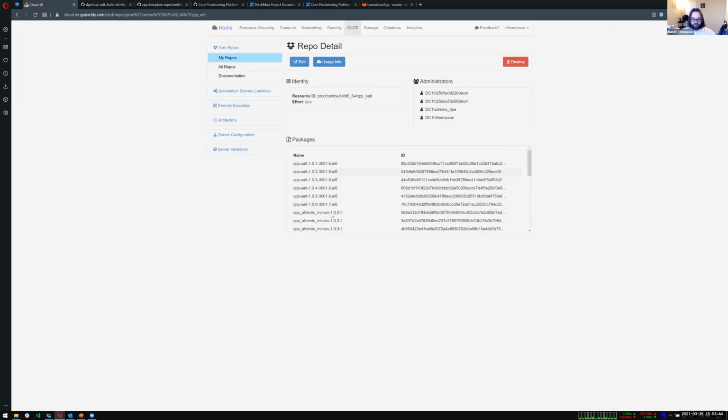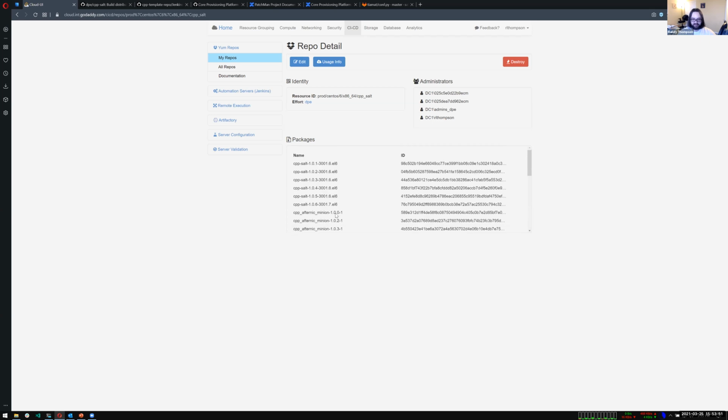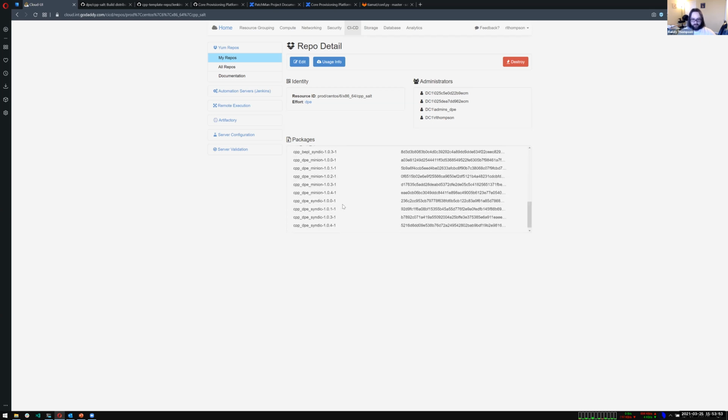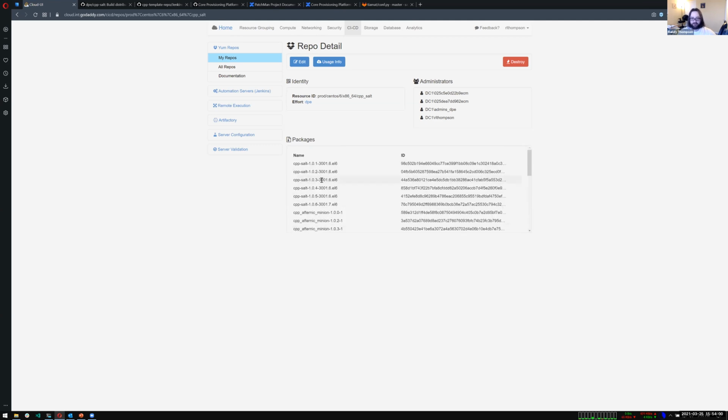And you can see here, there's the team minions and team syndicate packages for each one of the teams that are currently onboarded. And like I said, we have the rest of them coming on fairly quickly. So yeah, all of that's provided. All the team has to do effectively, once they get their syndicate pairs, is they can either use Core Provisioning Platform, which is like a wrapper around Salt Cloud, to build their hosts, which will install their team package as well as CPP Salt, so the binary of Salt,